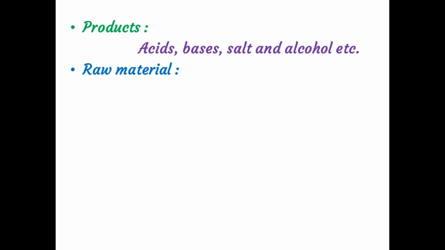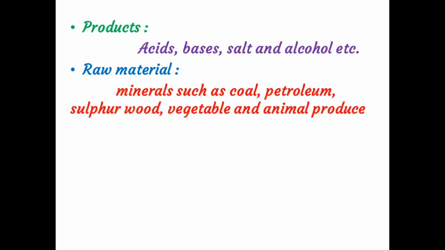Next, raw material. The chemical industry uses minerals. What are these industries using, children? Minerals such as coal, petroleum, sulfur, salt, wood, vegetable and animal produce. These are the raw materials used by chemical industries. You know, these industries are called